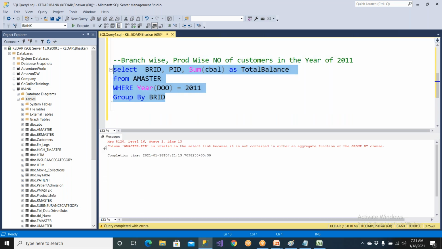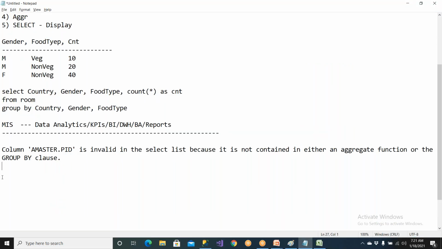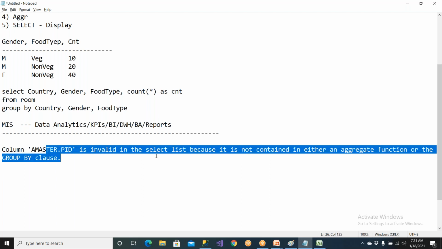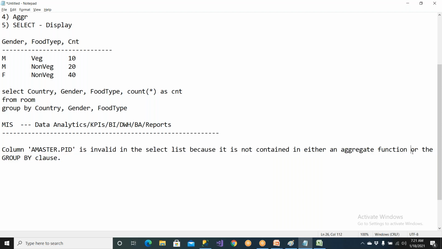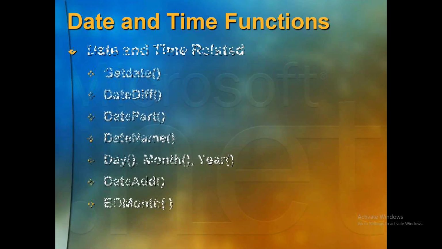Clear? So this will give you a bigger issue. So what is the issue? This is the issue. Read this. PID is invalid in the select list because it is not contained in either an aggregate function or the group by clause. This is a very important thing. So what is the thing? So it is saying,